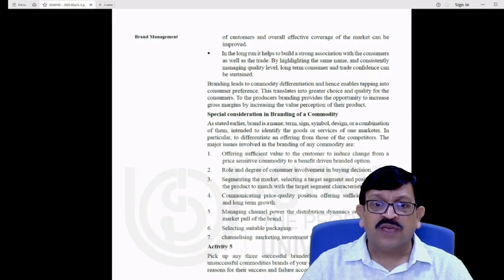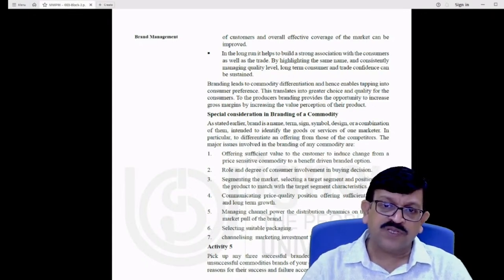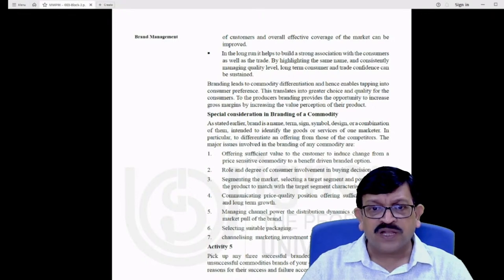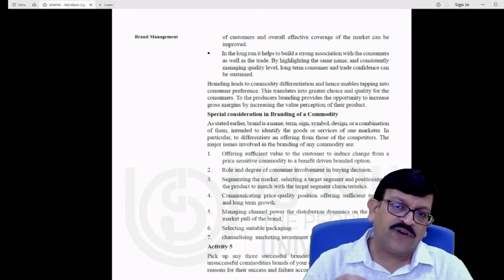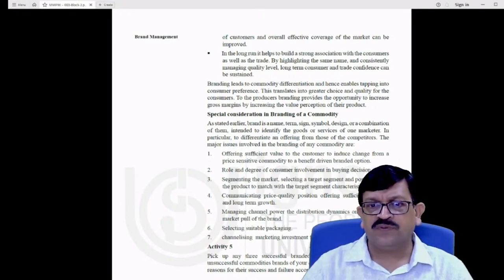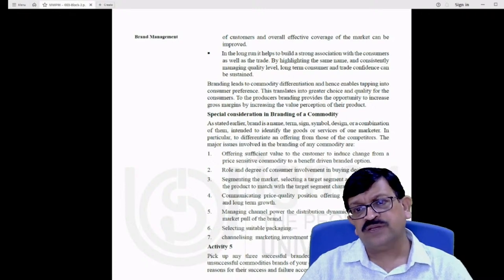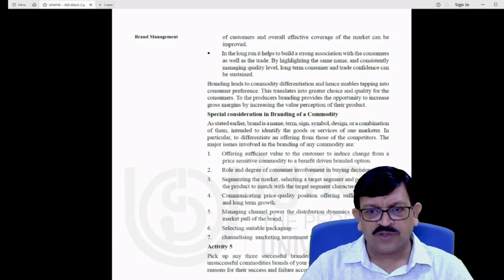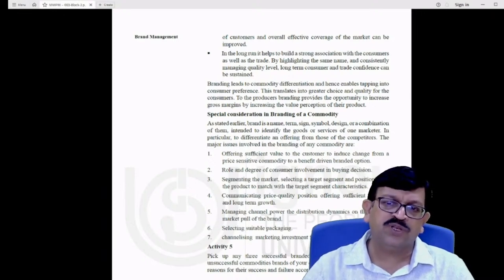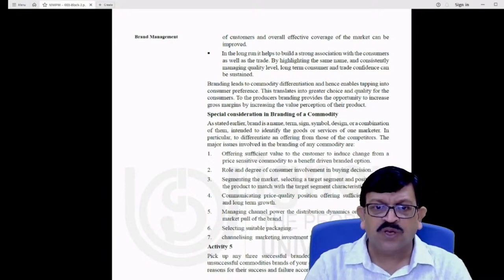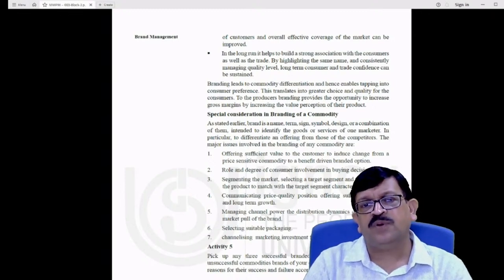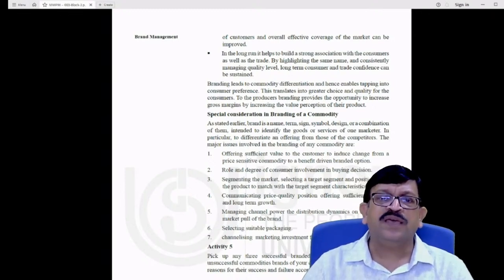Second, as very rightly pointed out, is the degree of consumer involvement in that entire process and the buying decision. Because these are low involvement purchases, unless you bring out the finer points of what you are trying to offer as a differentiator, it will be difficult. Secondly, the segmentation part, segmenting, targeting, positioning, becomes critical, because though we consider commodities homogeneous, they may not be so. So you have to segment further depending upon how the brand is engaging with the customers.